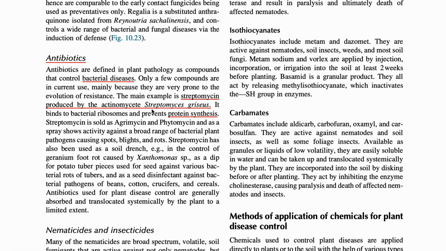No, sorry. The chemical group for streptomycin is aminoglycosides, not polyglycosides. Very sorry. Their mode of action is protein synthesis inhibition by binding with the 30S ribosomal